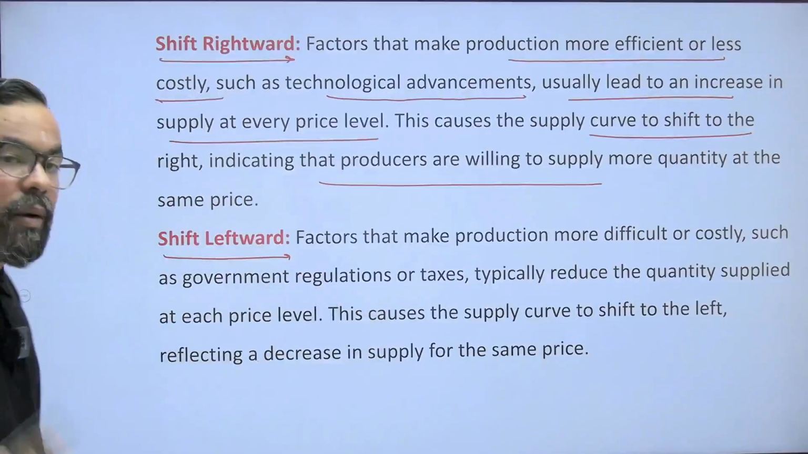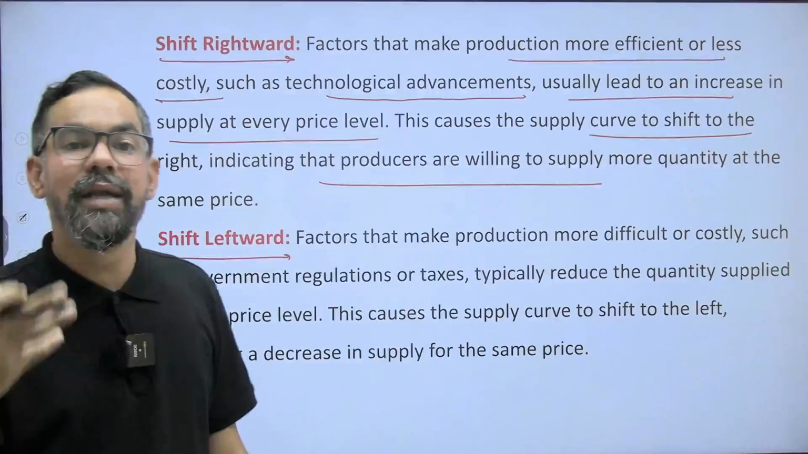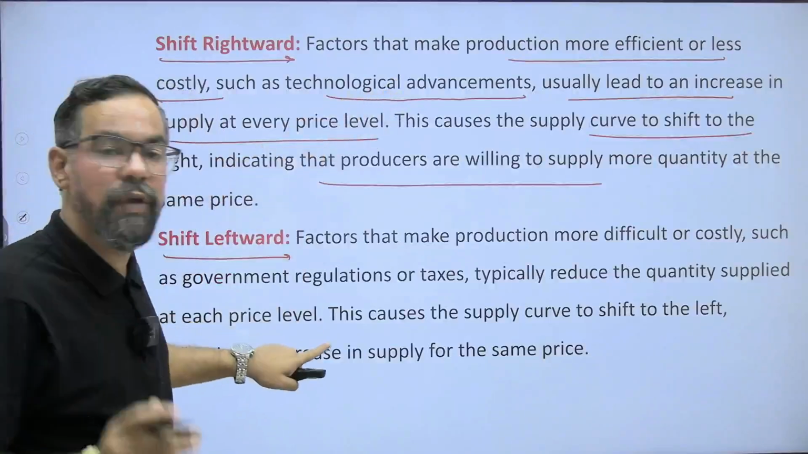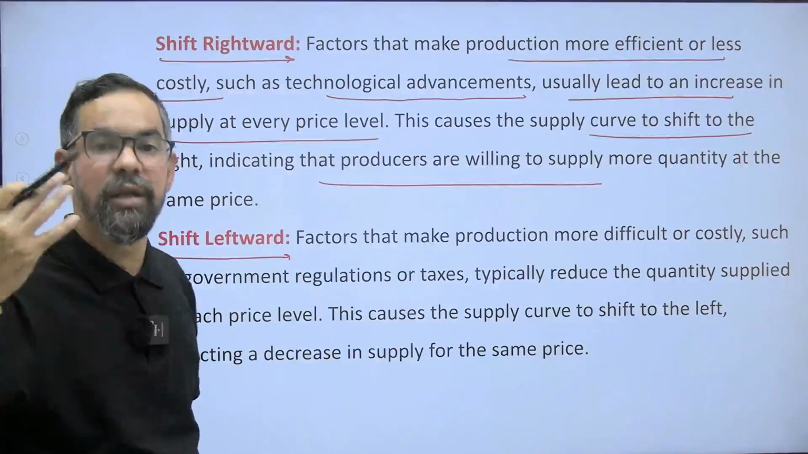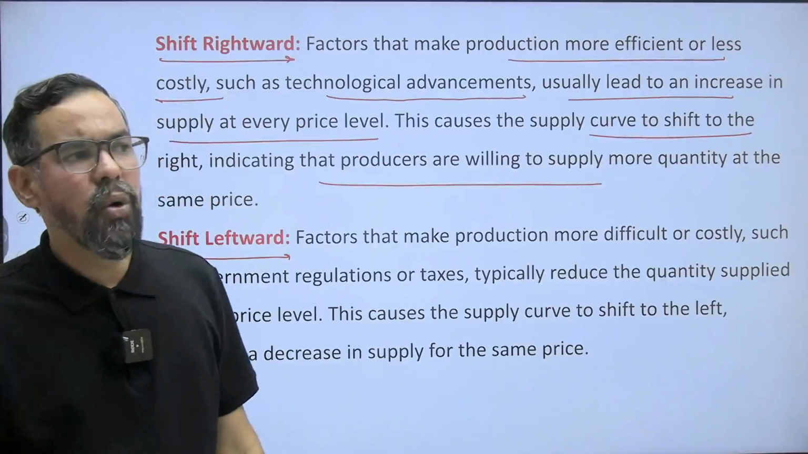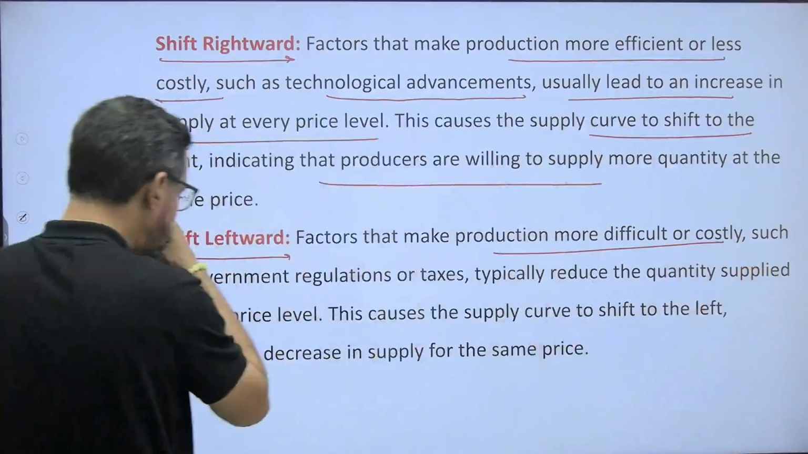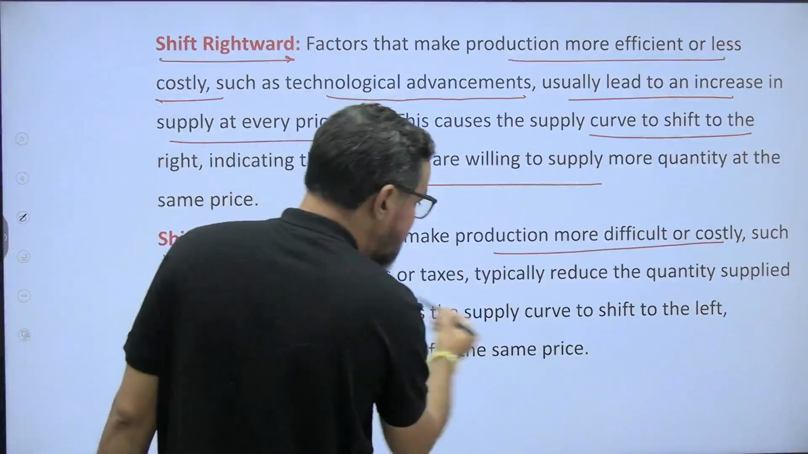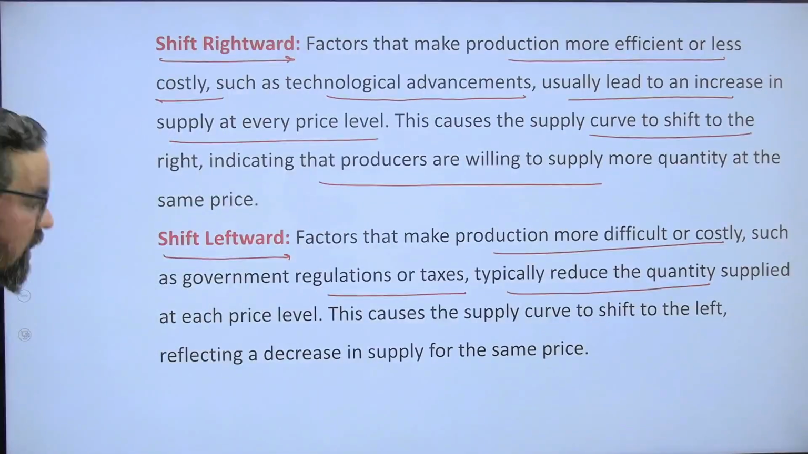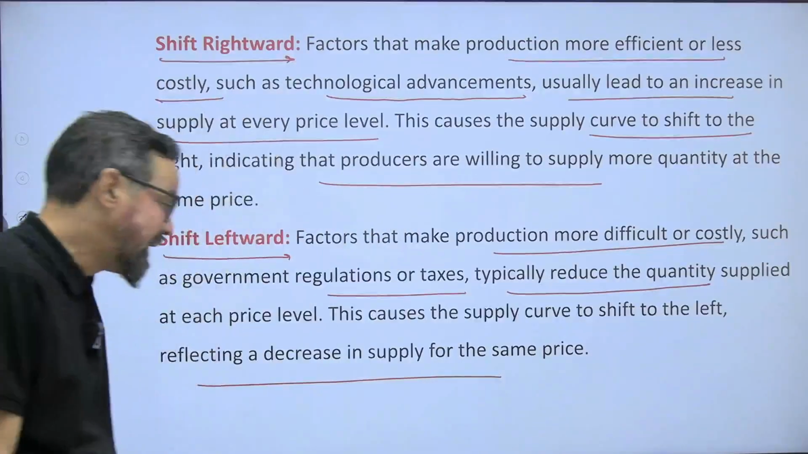When it shifts leftward, it means the quantity supplied is decreasing. In the previous case, quantity supplied is increasing. Here we are decreasing the supply because the cost is increasing. It may be due to government taxes or any other factor, such as an increase in production cost. So factors that make production more difficult or costly, such as government regulation or taxes, typically reduce the quantity supplied at each price level. This causes the supply curve to shift to the left, reflecting a decrease in supply